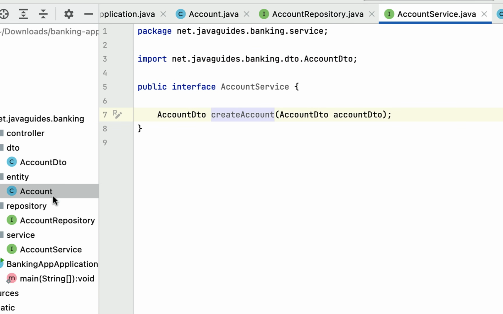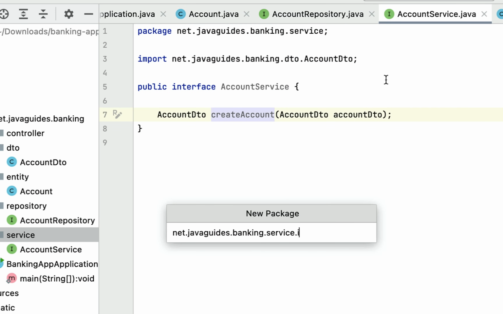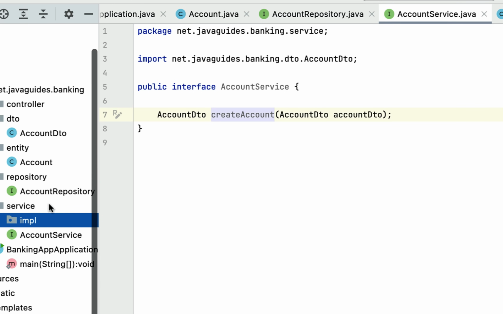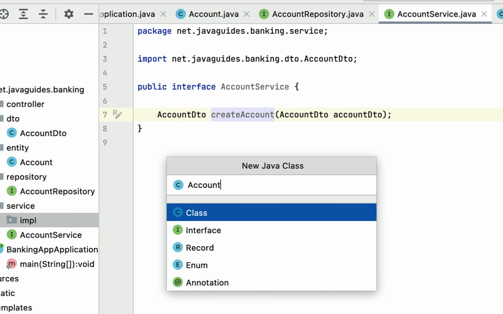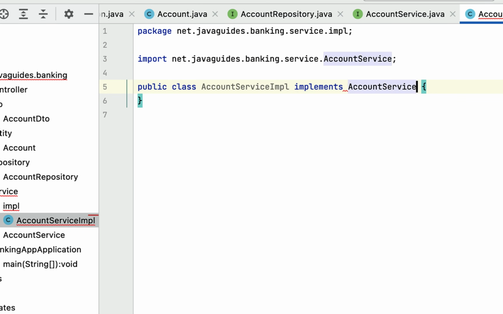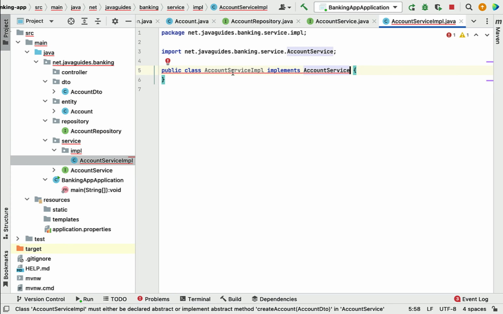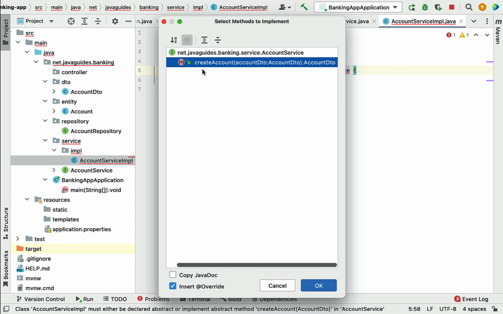Okay, perfect. Next, go to service package and let's create one new package and let's call it as impl. Impl stands for implementation, so all the implementation classes we keep under this impl package. So right click on this package, new, and then choose Java class. Let's give class name as account service impl. So this is the naming convention. Next, this class implements account service interface and implements its methods. So here just hover the mouse on this class, click on implement methods, select the method that you want to implement,